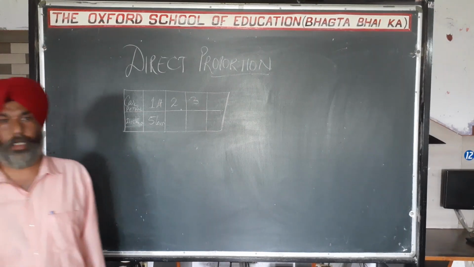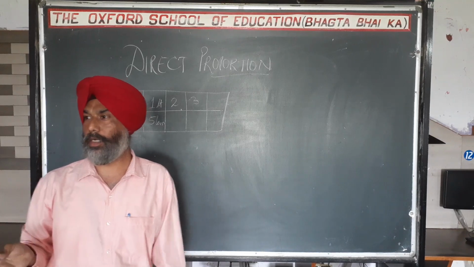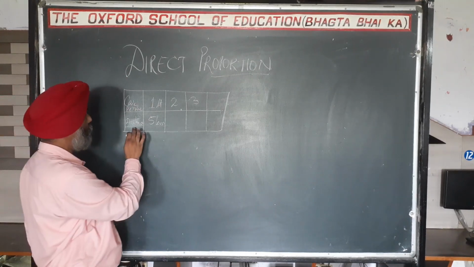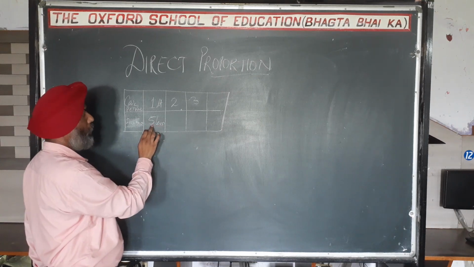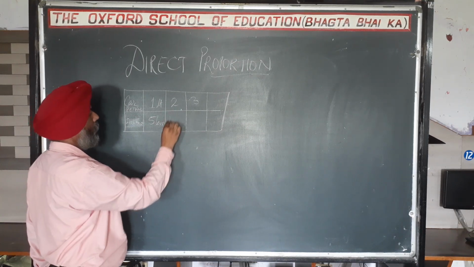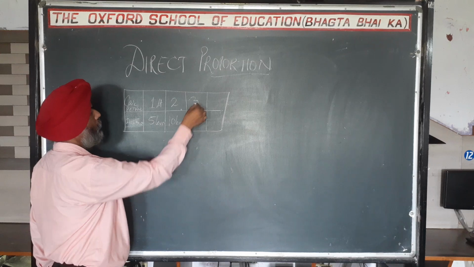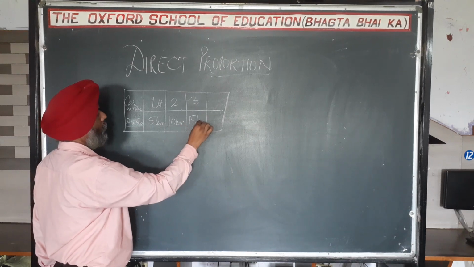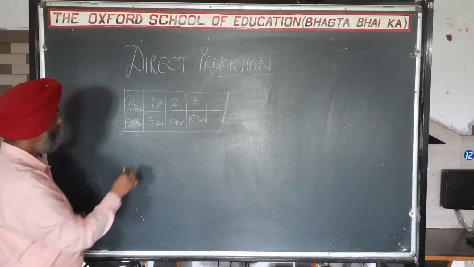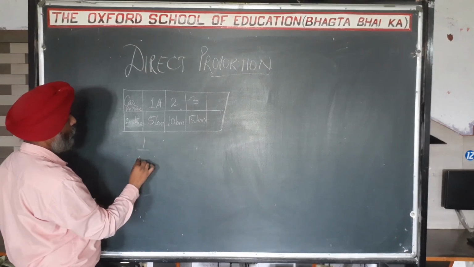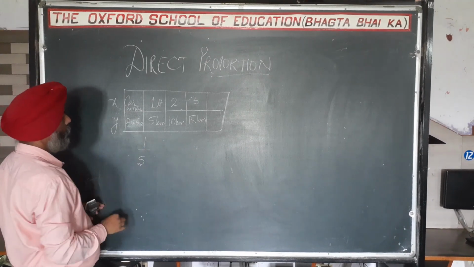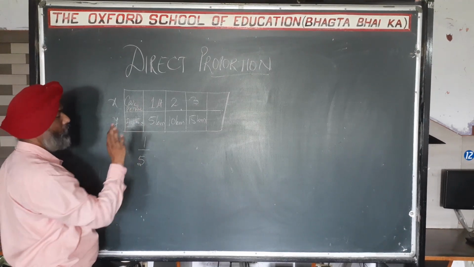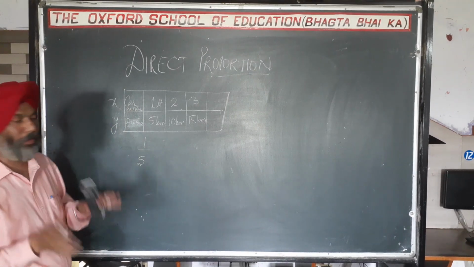Now my car is available to cover more and more distance. So when 1 liter gave you 5 kilometers, 2 liters give you 10 kilometers, and for 3 liters, let me say 15. What we observe once again, if I take the ratio of these two quantities, say x and y, because the car is different and the distance is different, both are not in the same units, right?